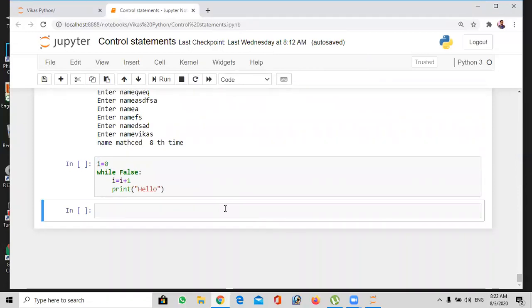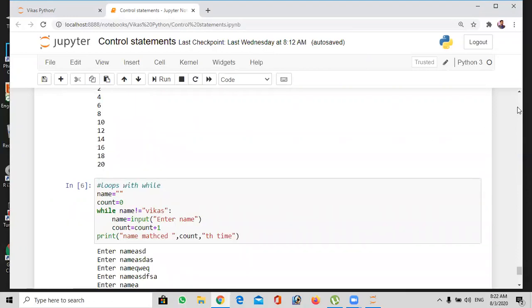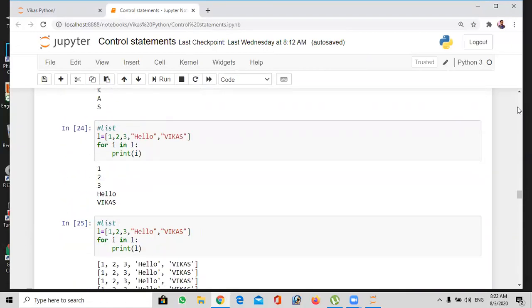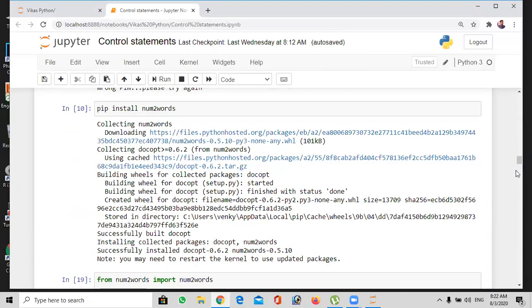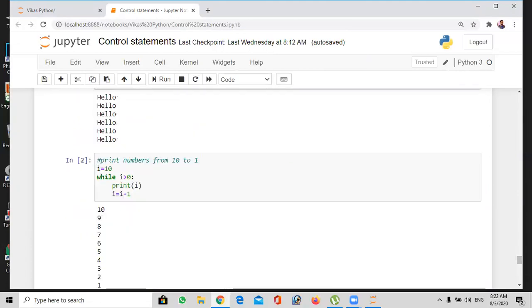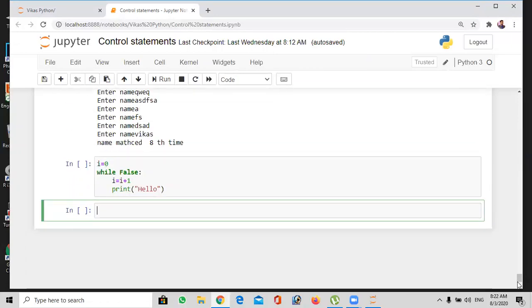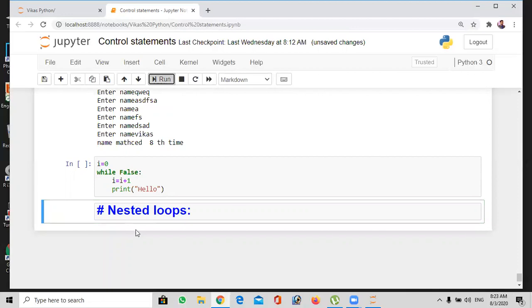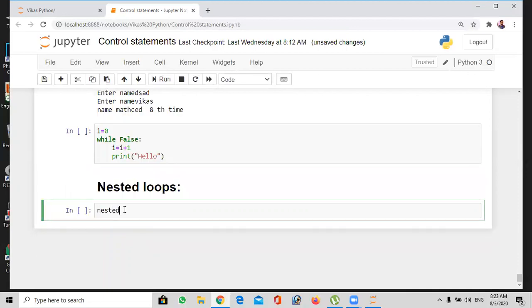So this is how loops are created, and now nested while loops. How do we write the nested while loop? How do we write nested loops with the for loop? Let's see here. We haven't written any nested loops. I think with the help of a for loop, I wanted to create nested loops. We discussed nested if, but we have not discussed nested loops. Nested for loop.